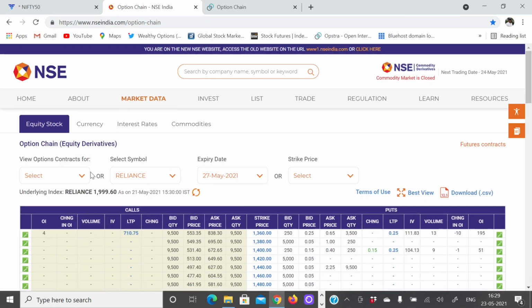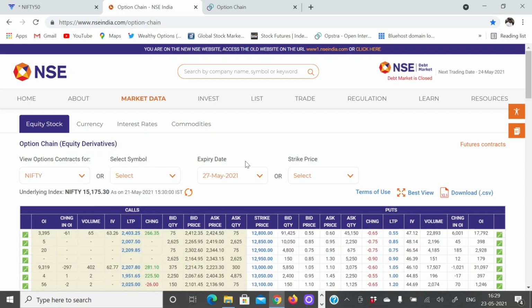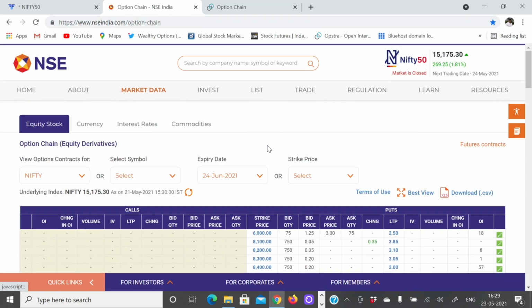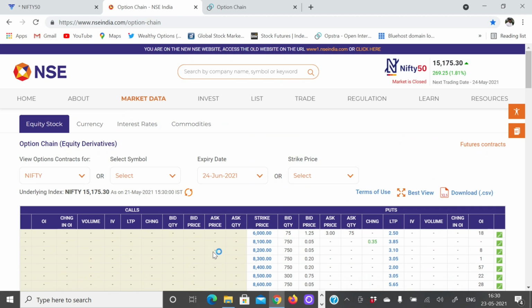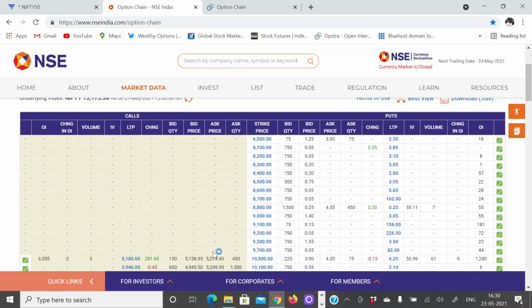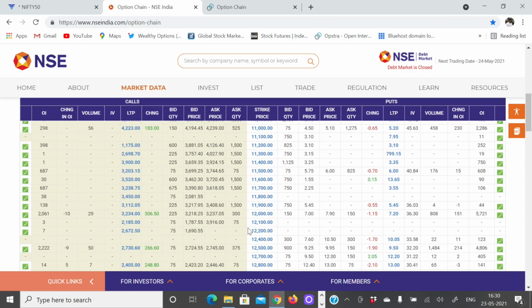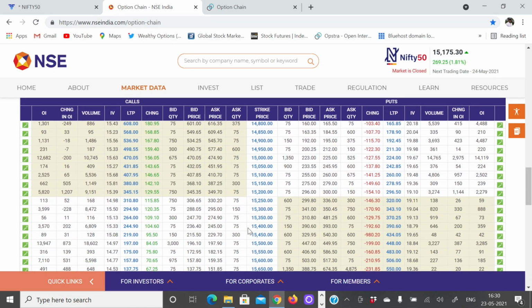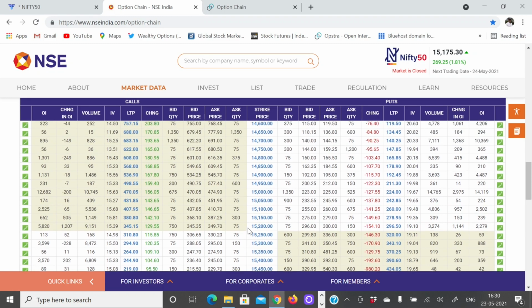And if you want to change, for example in Nifty, for the same Nifty itself, if I want to look at the next month, which is the 24th June monthly contract, I can see. As you can see, at some of the strikes there is no trading at all. Generally what happens is the current month contracts will have the highest liquidity, and the more you go away in time, for example the next month, you will see that all the at the money, near the money or slightly out of the money contracts are still trading with good liquidity.